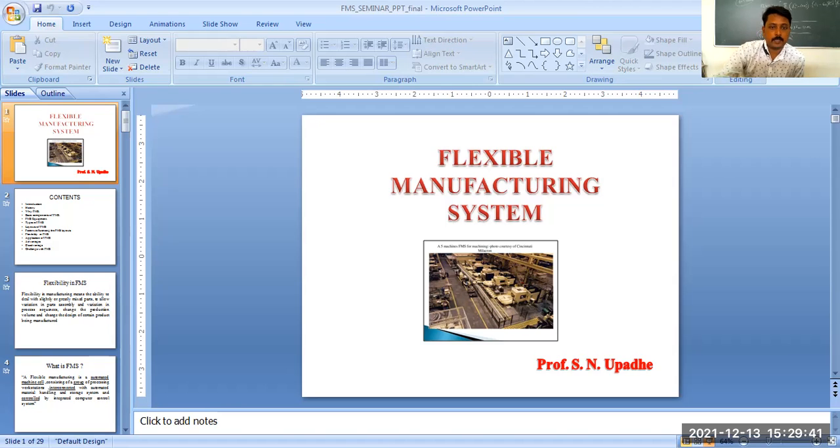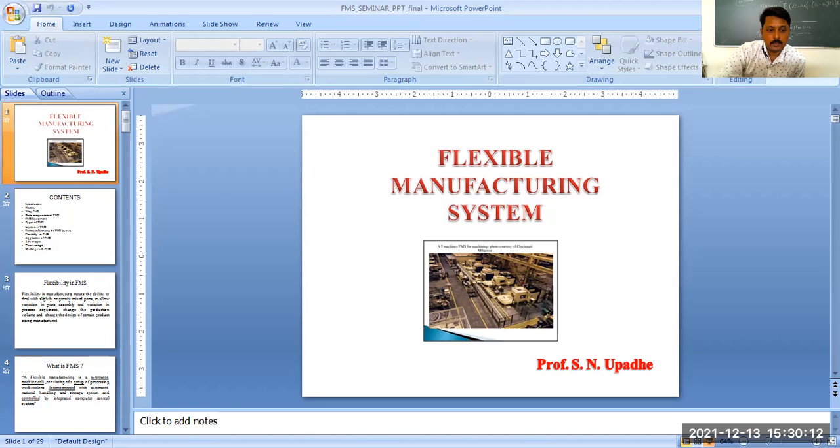Ladder type. See, this is a ladder type. In this case, a ladder-like system is created. Starting work parts are taken from here, go to here, then here, and come out from here. For the first machine, suppose this product requires only one machining operation, so it will go from here and like here.